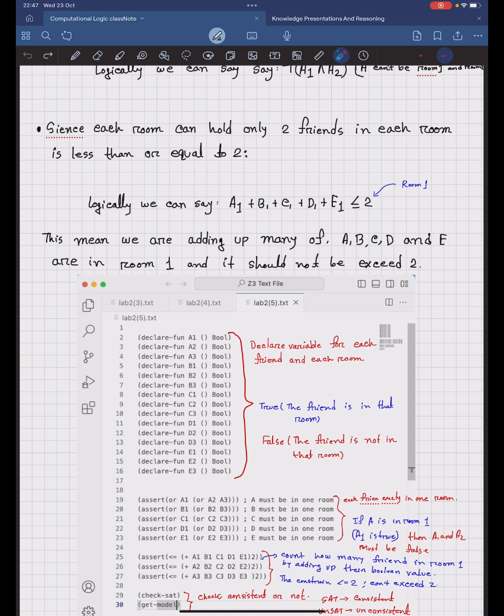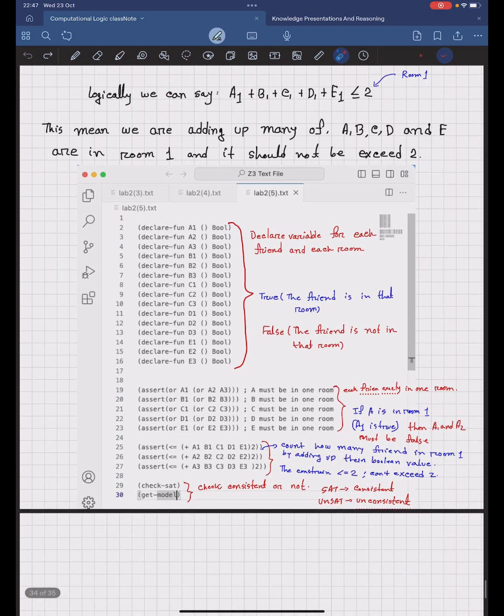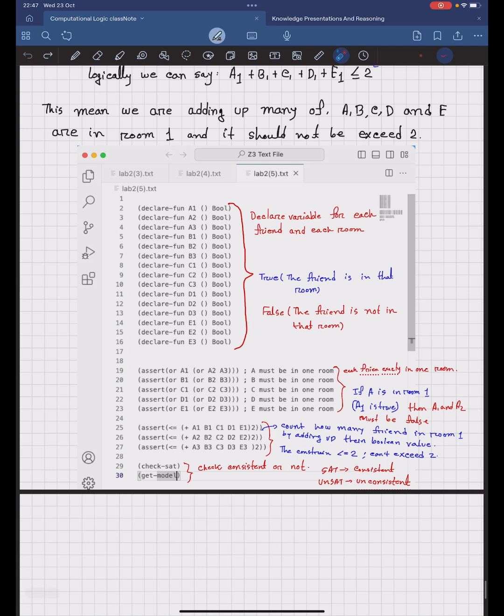So now we are using our solver to check whether it is real or not, whether it is possible or not, whether it is consistent or not. Okay, the first thing we have to do is declare the variables for each of your friends and each of the rules. So your friends are A, B, C, D,